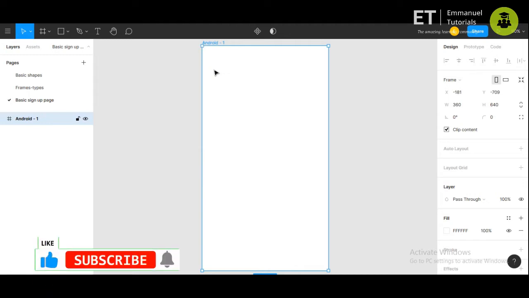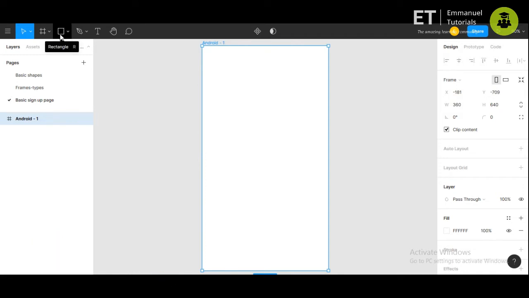So now for a sign up page, we know that there are some ways which we can sign up. First is using username and password, or phone number, that is another one, or using OTP. So first we will try to design using username and password. So let's make fields for that.